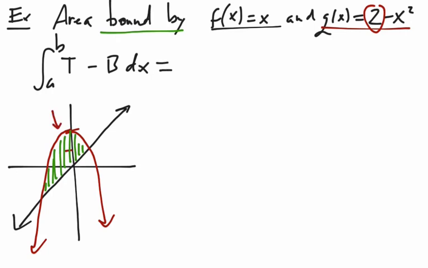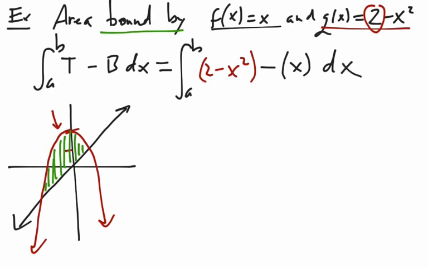So our integral will be the integral from a to b of g of x, which is 2 minus x squared, minus the bottom function, which is in black, which is x dx. Now, this is something that you should do just out of habit: for the second function, always put it in parentheses. The parentheses are good because that helps you remember that there's a negative here and you need to distribute,